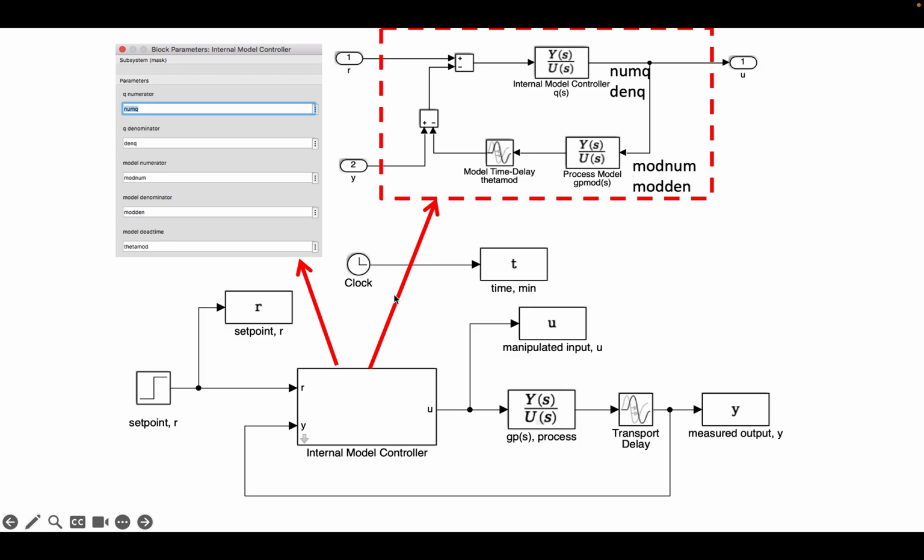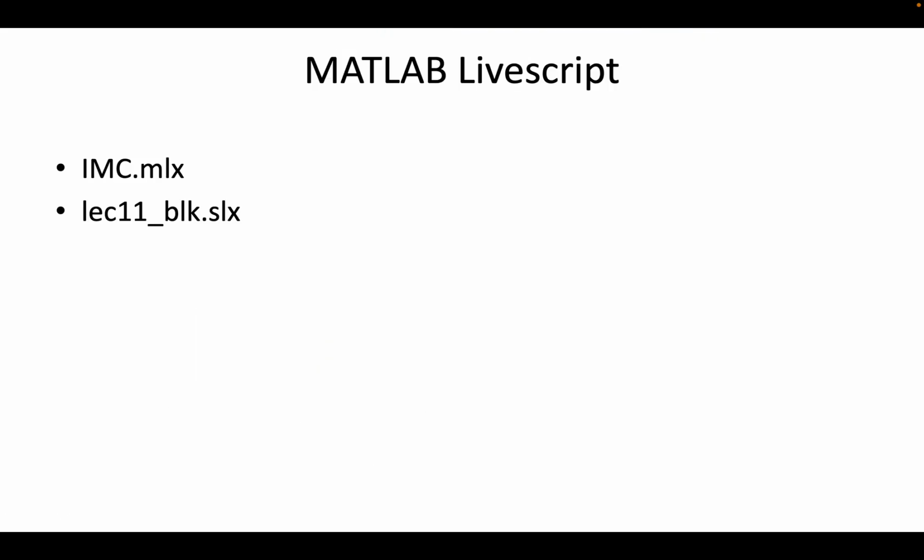And so the error signal is really built inside this block diagram, and this is the block that you actually see externally when you view the Simulink model. So please work through the MATLAB live script imc.mlx, which is calling lec11_block.slx, and basically I will have some questions on the next quiz that are related